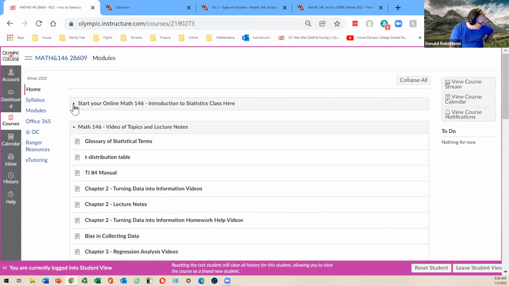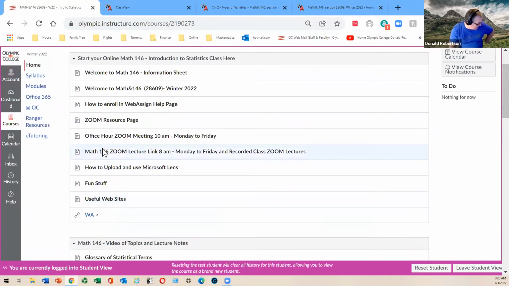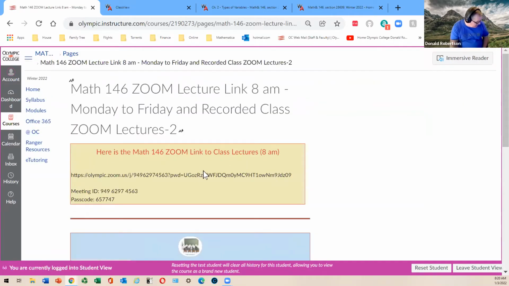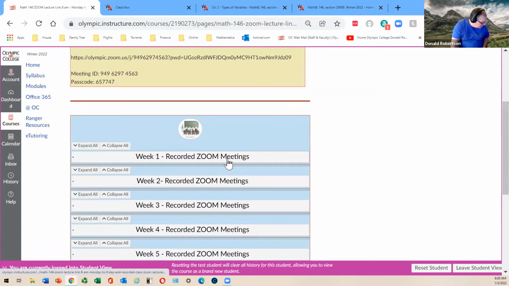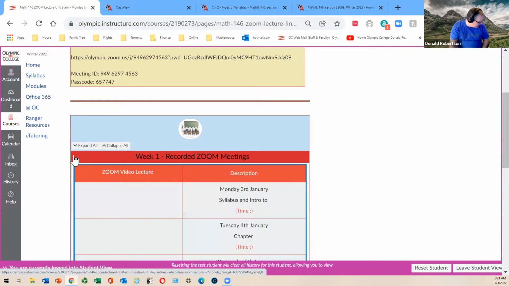If I go back here, this link right in the middle that looks quite innocuous is actually a pretty big link. Because when you click on this one, there is a Zoom, the one you got to here. But what's more important is every single lesson that we do, this is where it's going to be saved. So if you're getting ready for an exam and you think, oh, I want to go back and do some more stuff on regression analysis, then you should be able to find it here. For instance, right now, there's nothing because we haven't done anything.